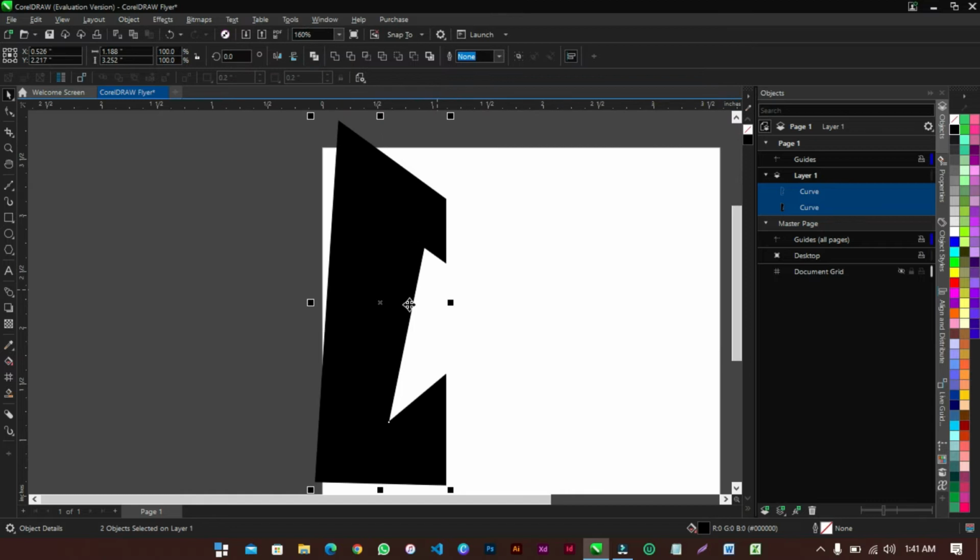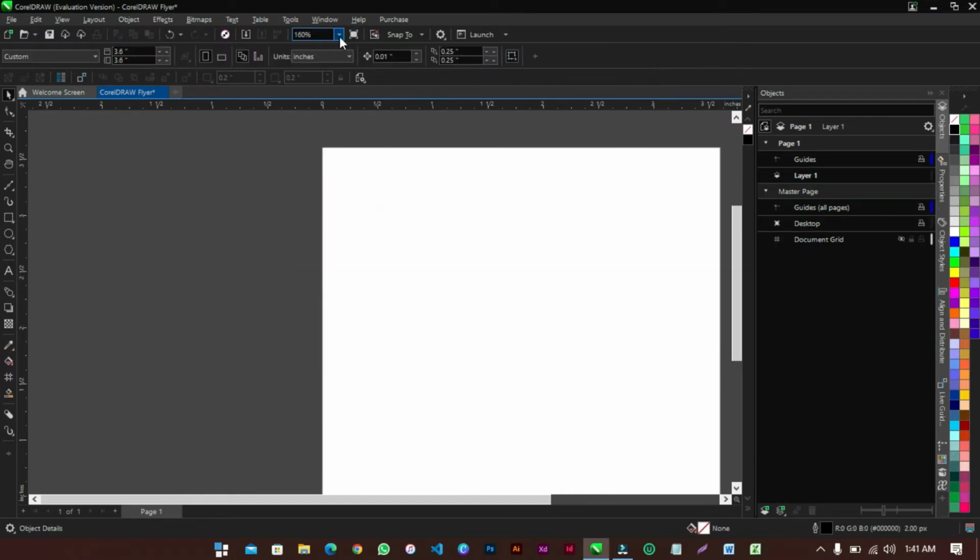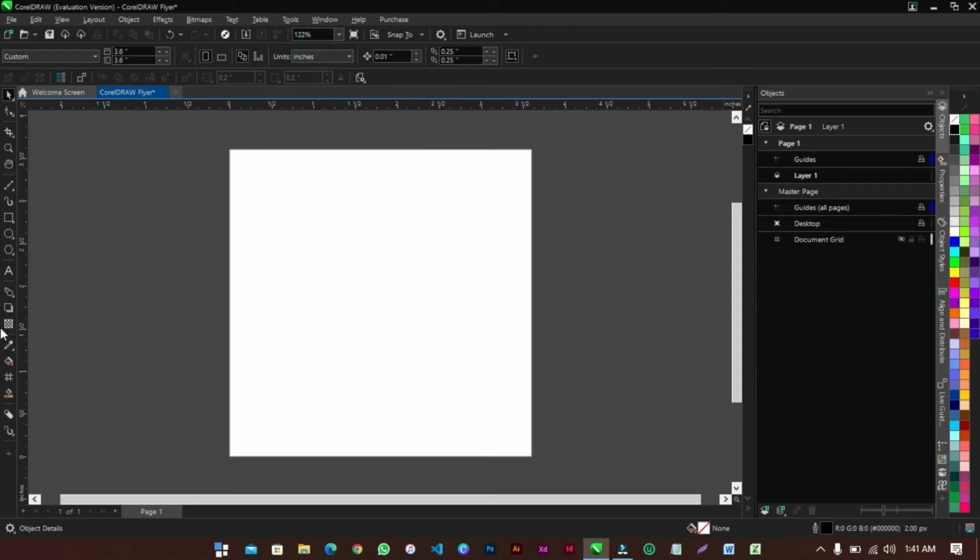The next thing we want to talk about is the transparency tool. We are going to make use of it. The transparency tool is used to apply, as the name implies, transparency to a whole object or part of an object. We are going to make use of this shortly. Now, having explained a few of the tools we are going to make use of today,